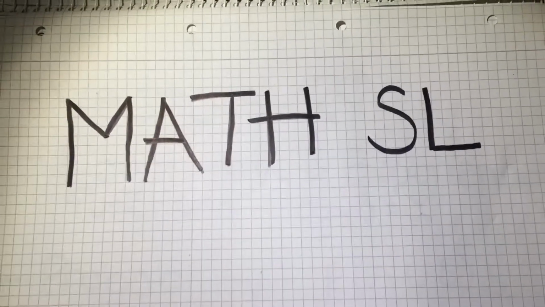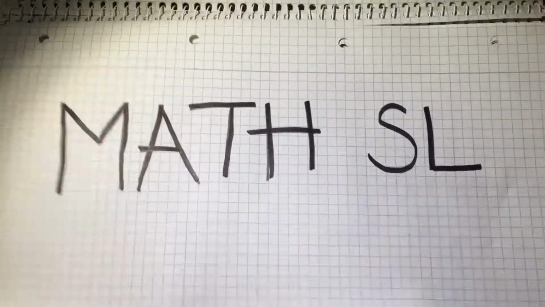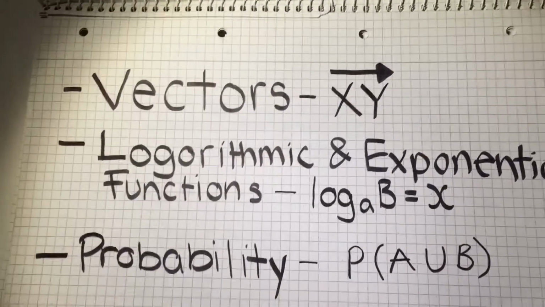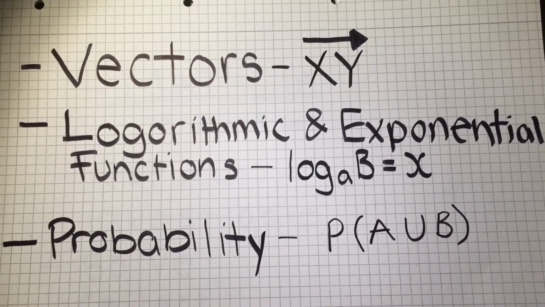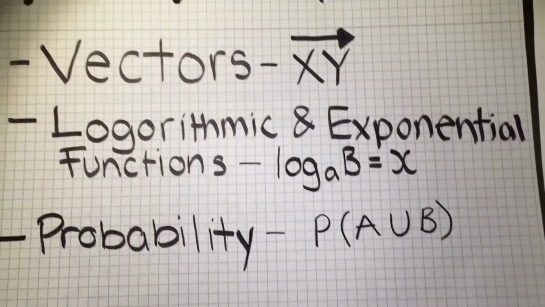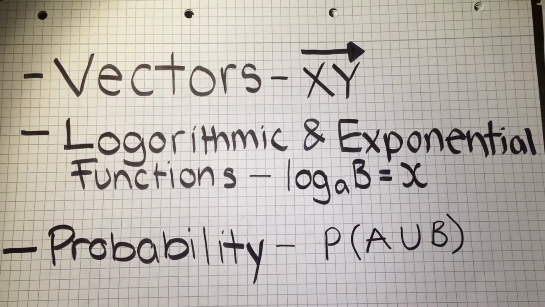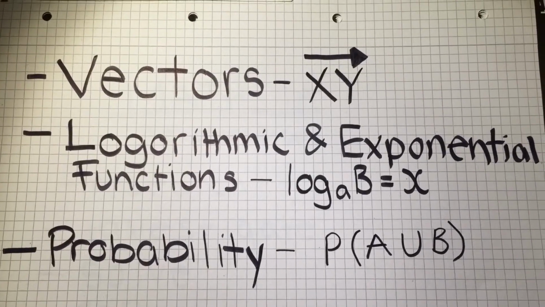Here's what you can expect if you study math at standard level in IB. Starting with some example chapters: vectors, logarithmic and exponential functions, and probability. These three are quite different from one another, but overall you'll have a large variety when studying in the 2